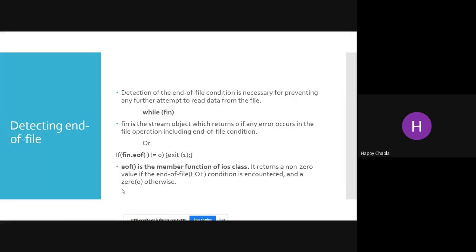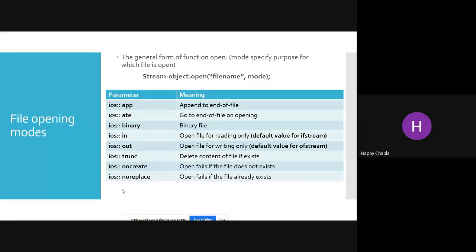Okay, now we have some modes with us to open up a particular file. Someone wants to open that file in read only mode, write only mode, append a file, or only open a file. So that kind of things we have with us. Like in C, we also have modes: append mode, read mode, write mode, and all this stuff. Okay, so the general form of function open,